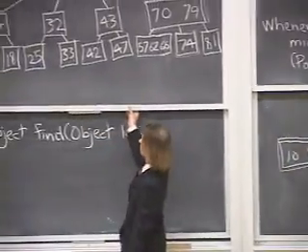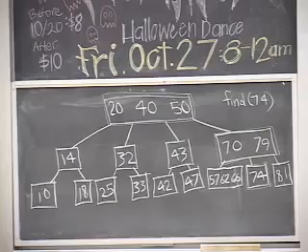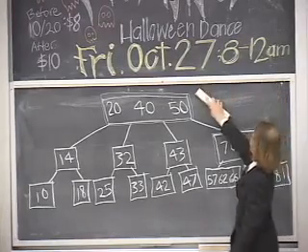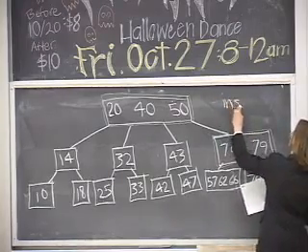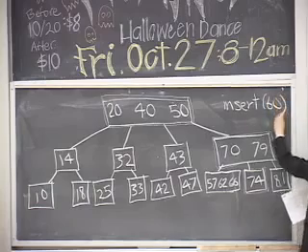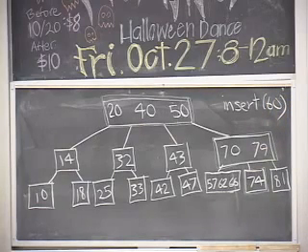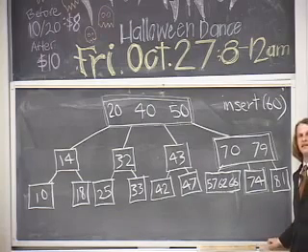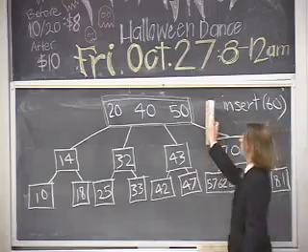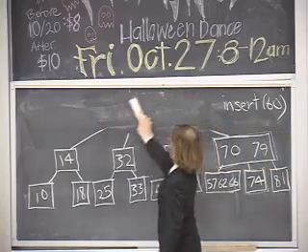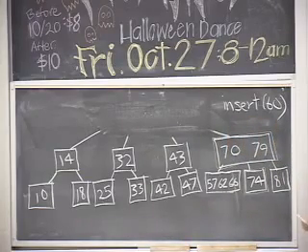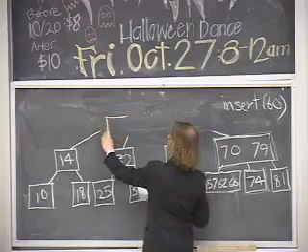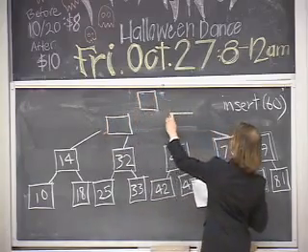All right, well, let's demonstrate what we were just talking about. So suppose I do an insert 60 on this tree. Well, I start at the root node, and at the root node, I've already got a violation of the no 3-key nodes allowed on an insert policy. So the first thing I do is I restructure this top-level node, and I kick the middle key, the 40, upstairs. But there is no upstairs because it's already the root, and so that means I'm actually going to create a brand new root node